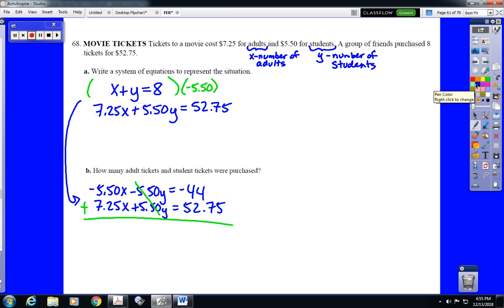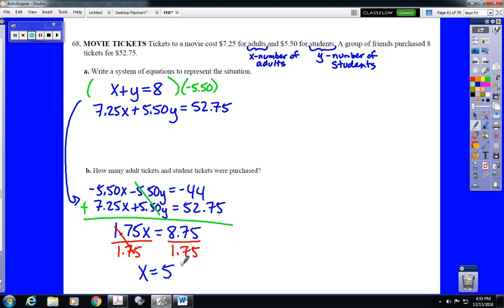That will leave us with, I believe, and I probably should make sure on the calculator so I don't mess up, 7.25 plus negative 5.50 is, yes, 1.75x equals, and then 52.75 plus negative 44 is 8.75. Divide. And that will give us the answer for x. X equals